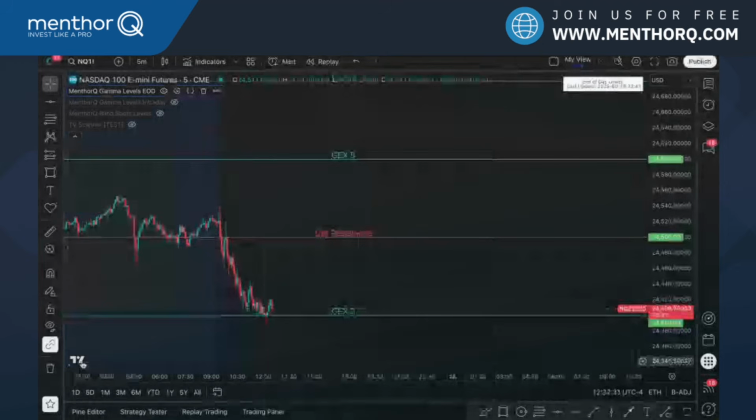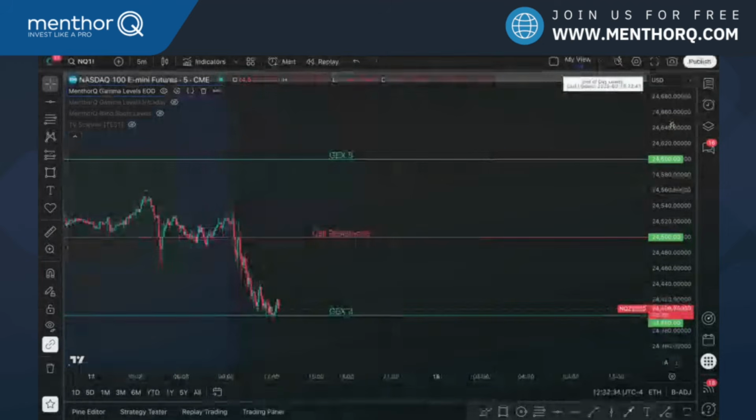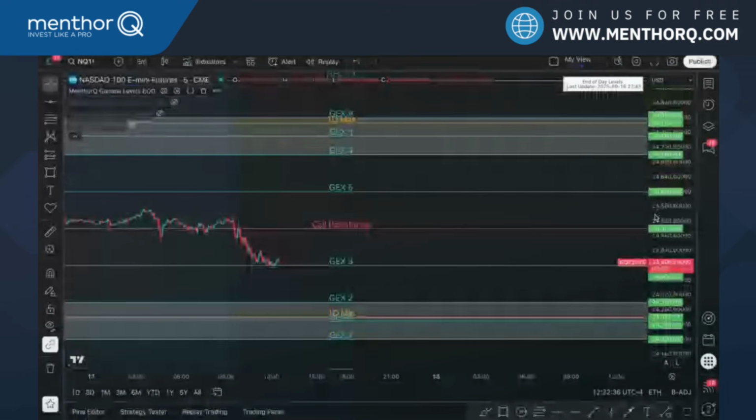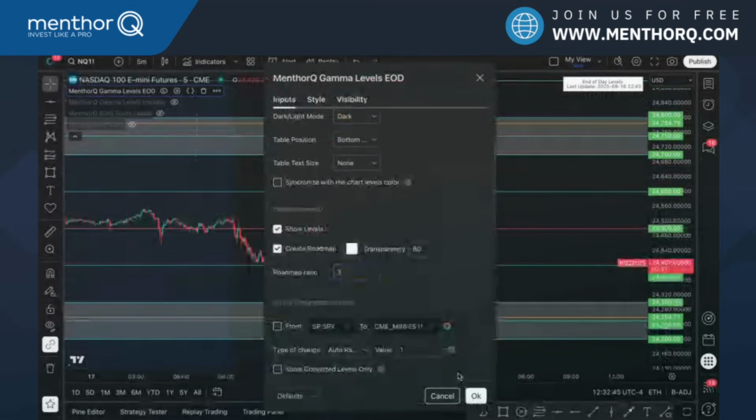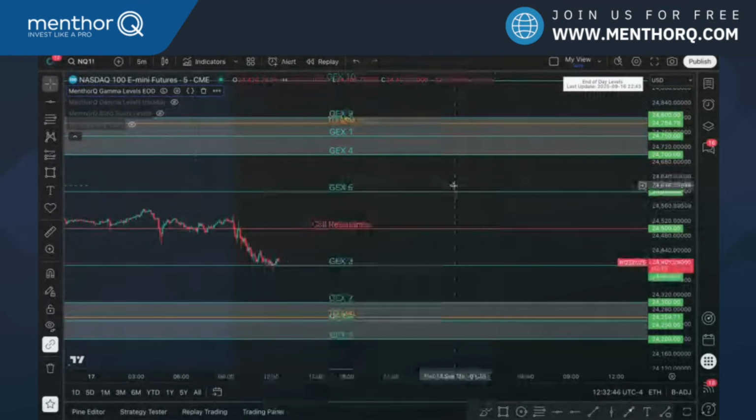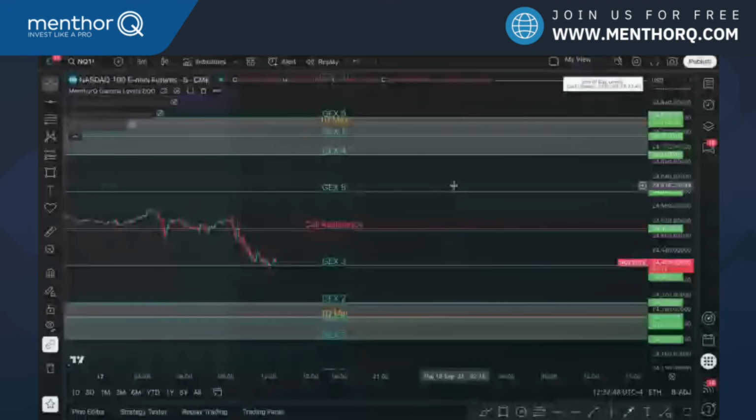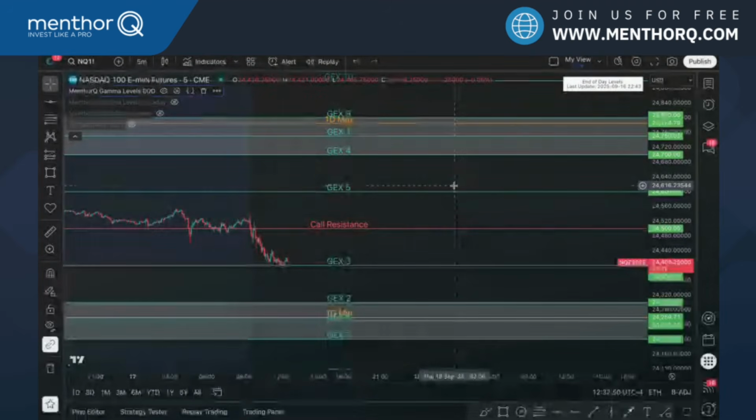And this is just going to help me create those areas where I might be looking to be trading in and out. I can reduce my ratio if I want to see more areas, more boxes. And then I could use this as a roadmap for the day on how to plan my trades if I'm trading futures, whether you're trading NQ, gold, etc.